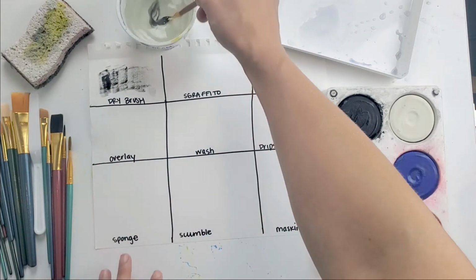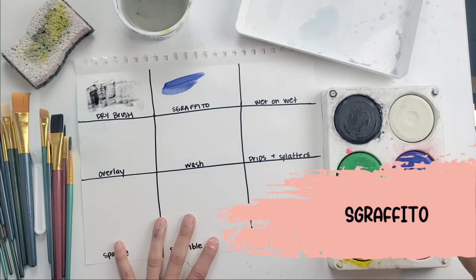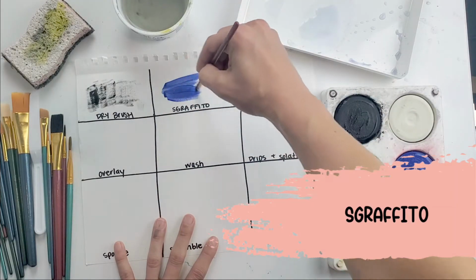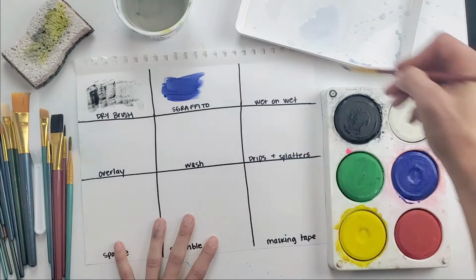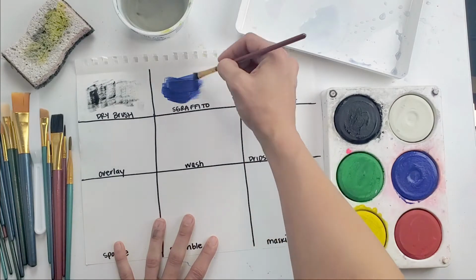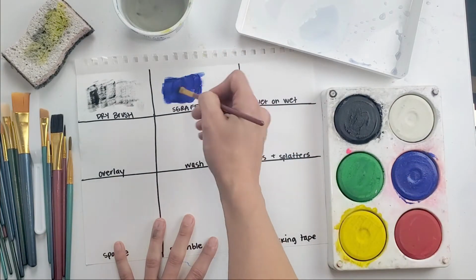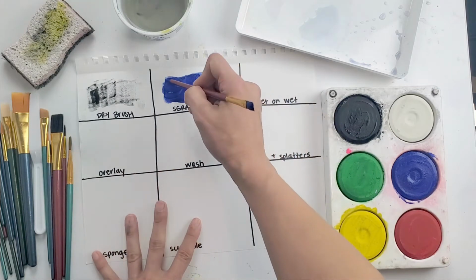My next trick is called sgraffito. So that is when I create a layer of paint. So I do want it to be kind of thick. I'm going over a few times. So I have a thick layer, and then using the end of my brush, sgraffito is when I draw